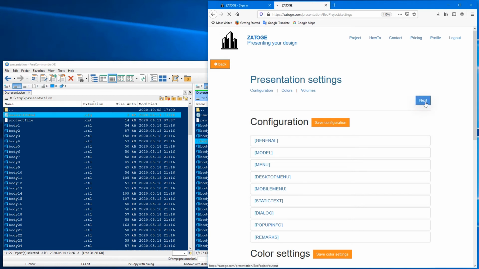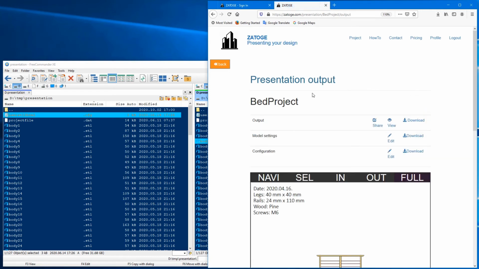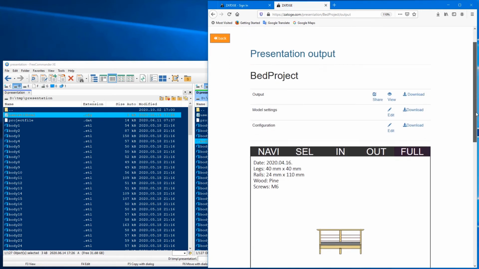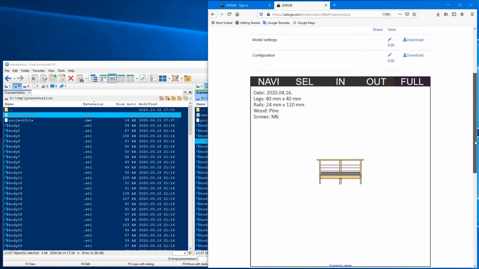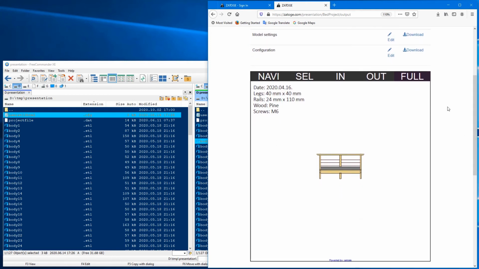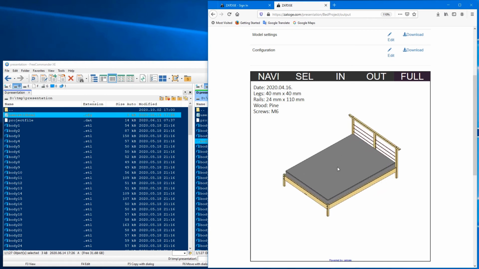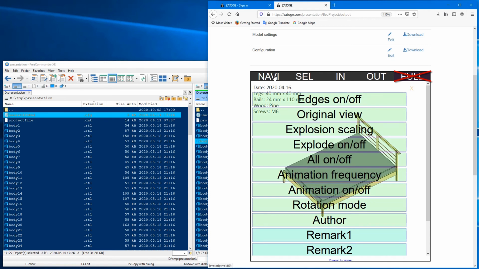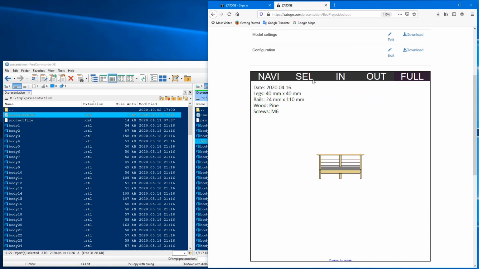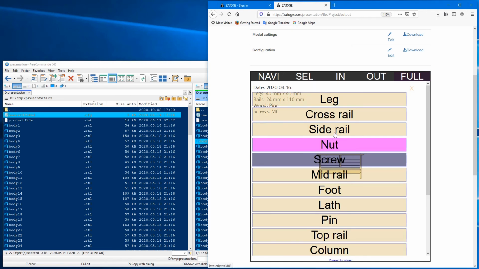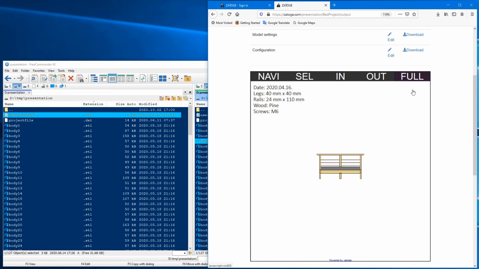Finally, I click on the Next button, and after a short computation in the background, I land on the final page, where my presentation is shown. Below, there is a small preview window where I can try all functions. Everything should work here, apart from the full screen button. If it's not good enough, I can go back to the settings page and try again. But if I accept it, then I can directly download it.